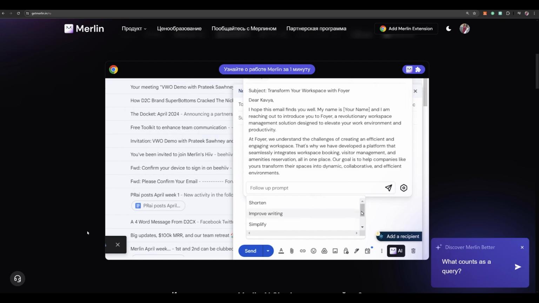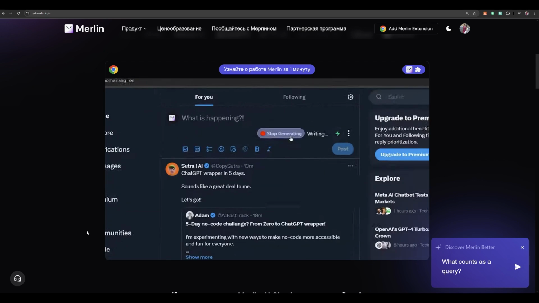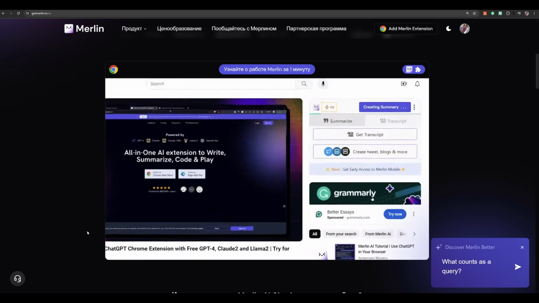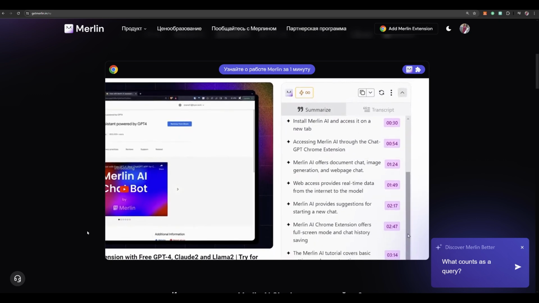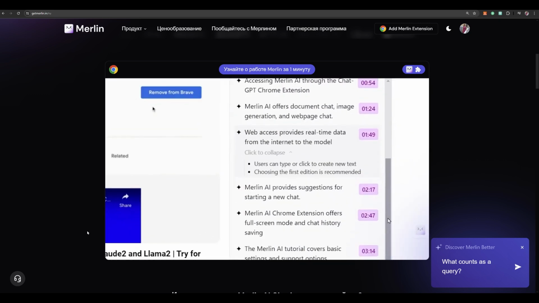Write faster on Gmail, LinkedIn, and Twitter using Merlin. Save time on YouTube with summaries. It's literally that simple. Merlin ensures privacy and